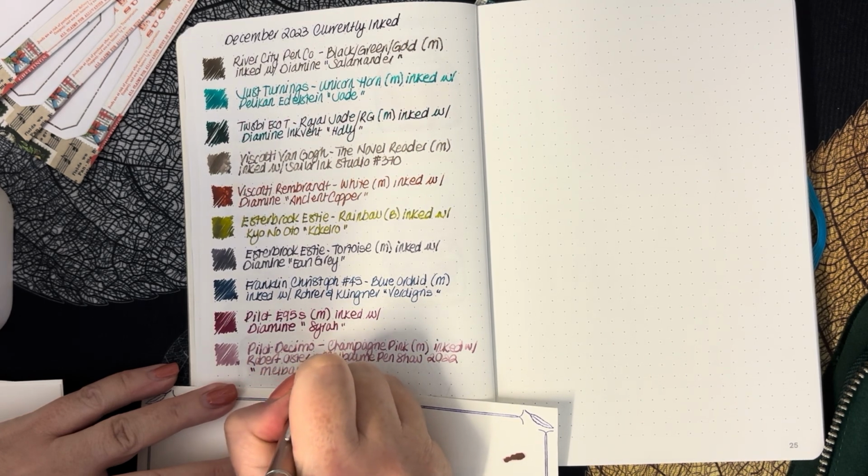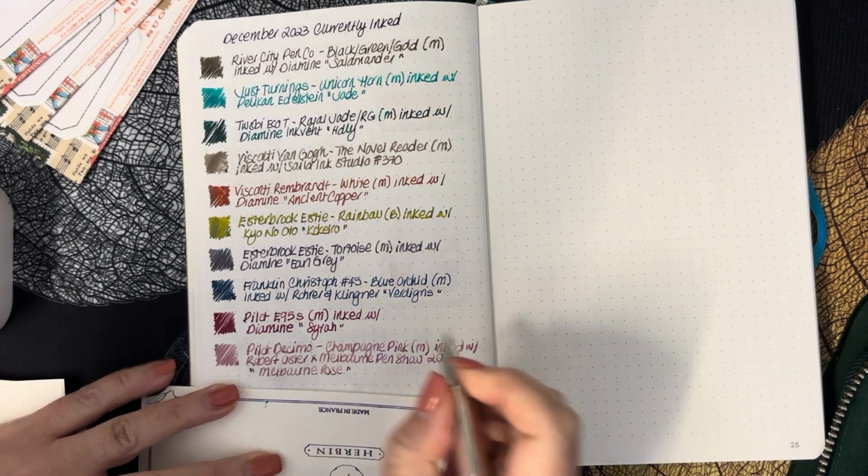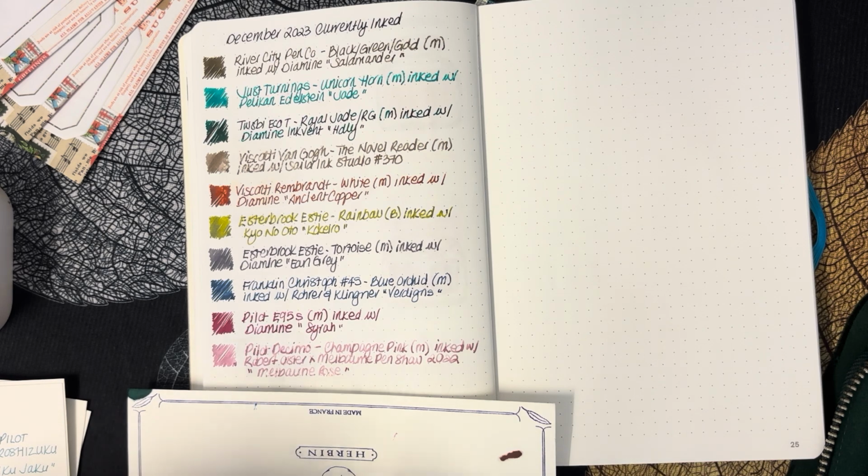So they've just had their 2023 pen show down in Melbourne. It is currently the only pen show that is held in Australia, and our pen shows are nowhere near as big as the ones that you get over in the US and the UK and Europe. They're a lot smaller,